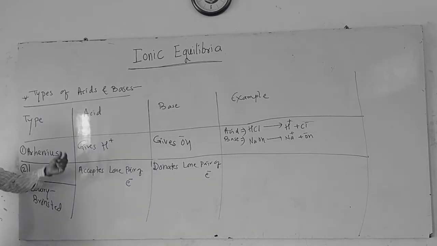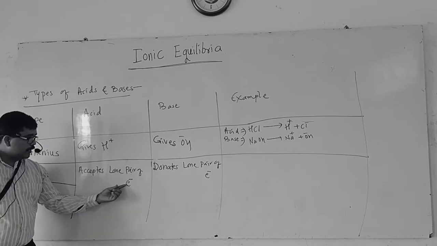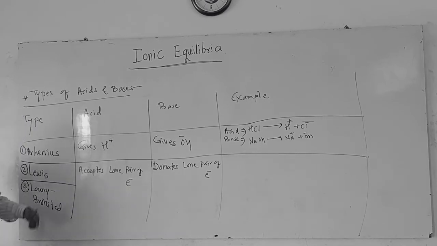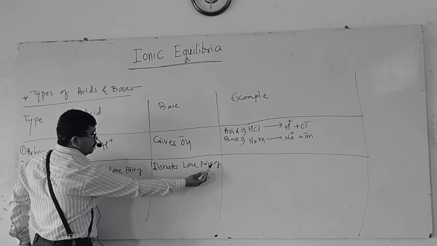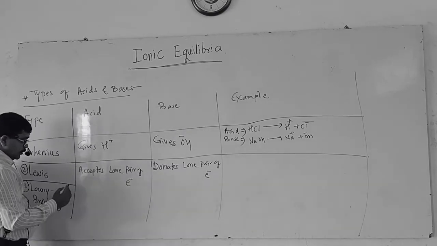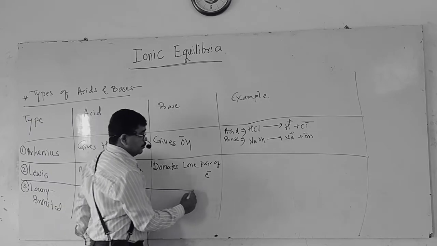See, the substance which accepts lone pair of electrons, Lewis acid, and the substance which donates lone pair of electrons will be Lewis base. For example,